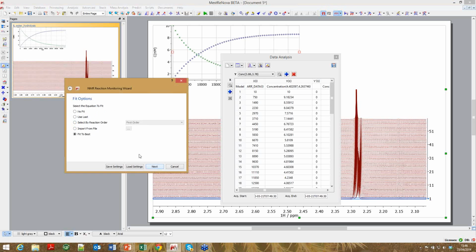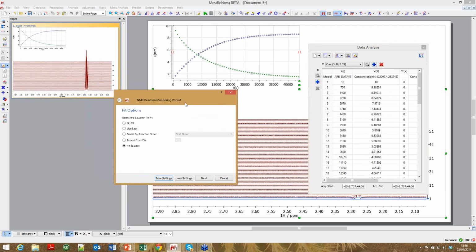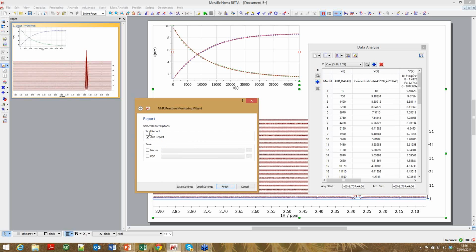So let's go to the next bar, and this has to do with the way in which we're going to do our fitting to the extracted data. Move this off to one side. So you can tell it that you don't want to fit or use the last value, last order. I can specify the reaction order, and these are fairly simple, to be honest with you. They aren't that clever. If you've got a species that grows in and grows out, we won't be able to deal with it here. Or we can choose fit to best, and then I'll click on next,